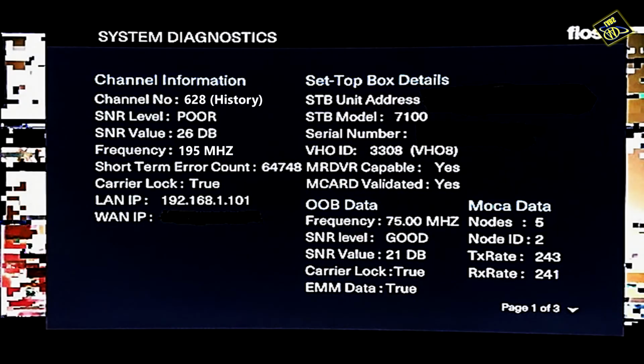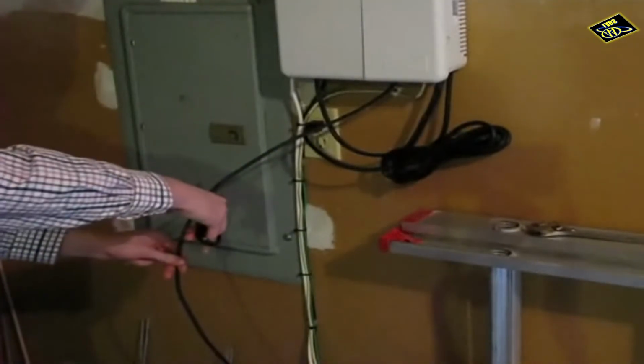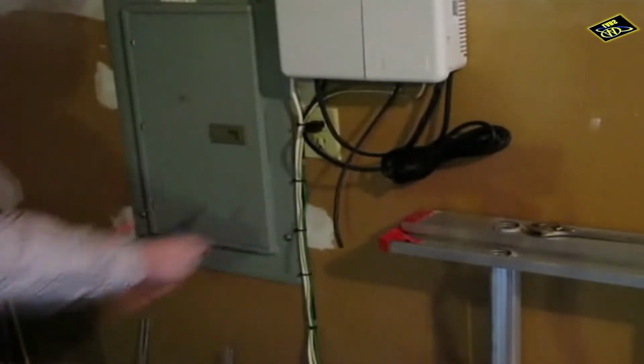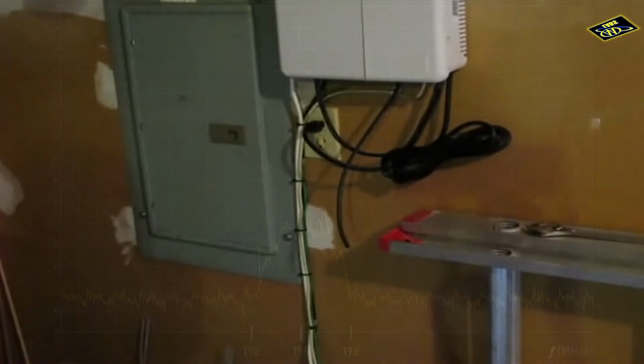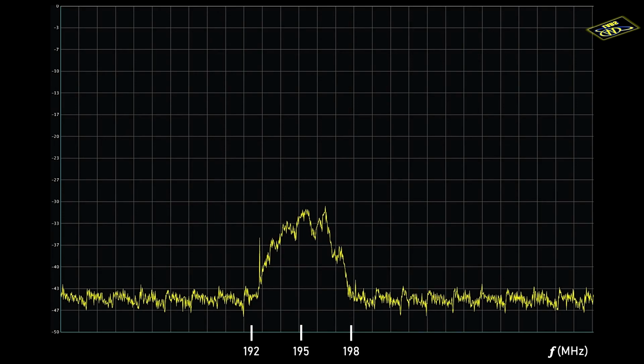When I used the diagnostic tool in the menu on the Fios box, I could identify the frequency those specific channels were on. Then, I disconnected the coax cable from the ONT and connected my RTL SDR to the coax port for the basement TV.